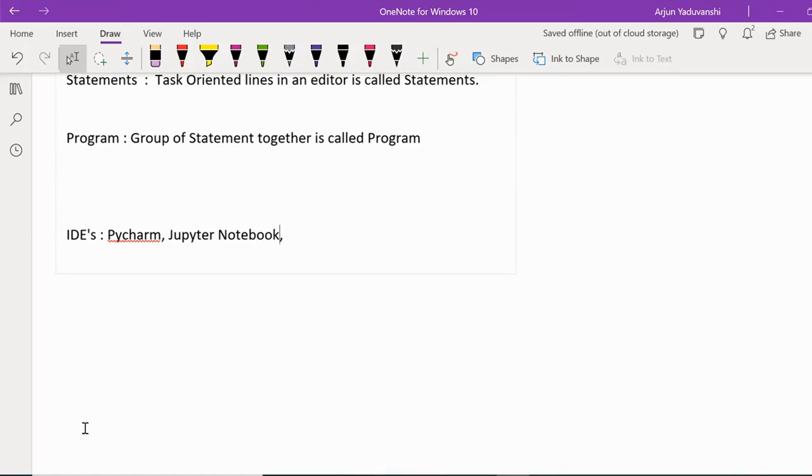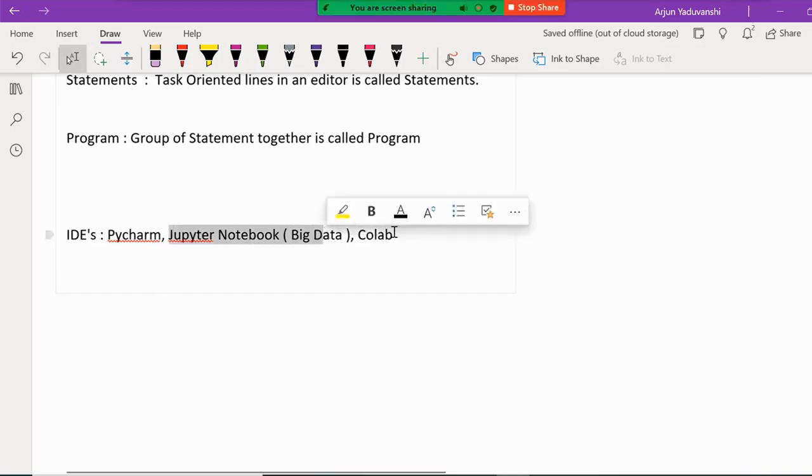Now, Jupyter Notebook is specially used for big data. And we have other things like Colab. Colab is the online version of Jupyter Notebook. Okay, what is this? I will explain to you. Next one is